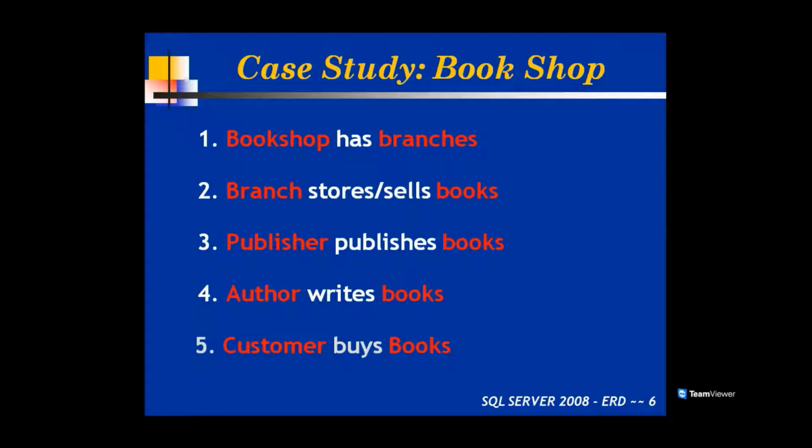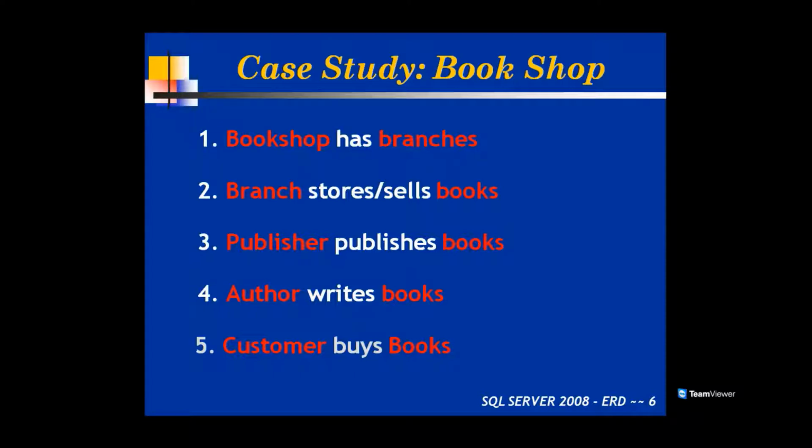Now, as a technical person, you should be able to capture or computerize his bookshop. So what he's telling is, I have a bookshop whose main branch is in Ameerpet, and I have lots of other branches all over Secunderabad and Hyderabad, and each branch is responsible for storing and selling books. We have lots of publishers and many authors who write, and customers come to us and buy books from us. Okay, now when he gives the requirements, you have to capture the entities from this document.